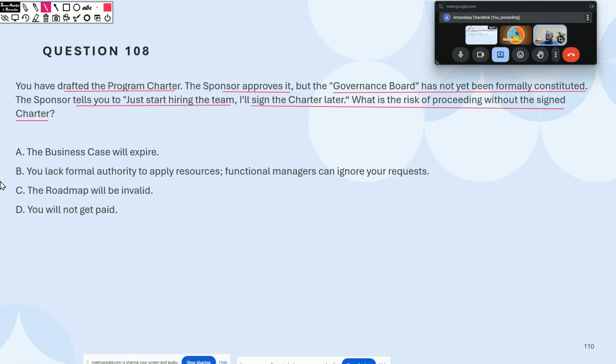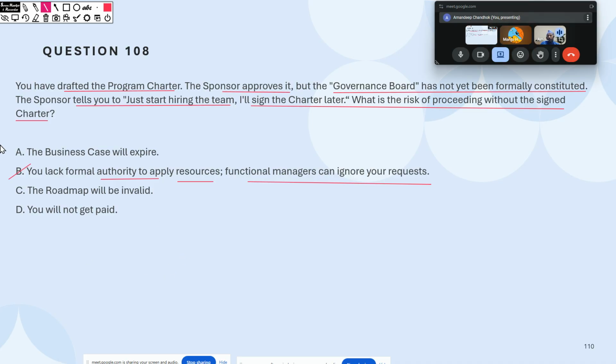The answer is B, right? The question itself gives it. Why do you have a program charter? Because it officially gives the authority to utilize the resources. Until that is there, the functional manager can just ignore your request, right? They can just ignore it because you don't have the authority.